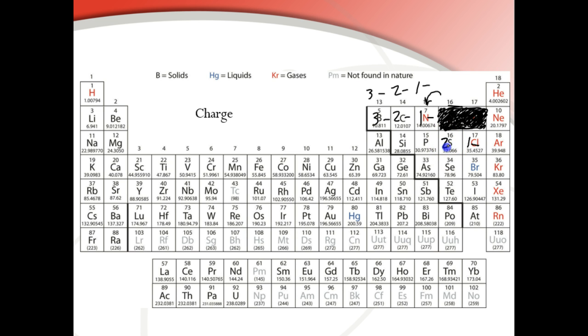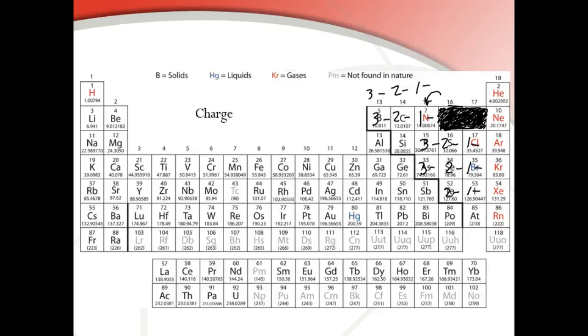Sulfate, 2-. Phosphate, 3-. Bromate, 1-, 2-, 3-. 1-, 2-. Okay, so it gives us a lot of different charges. Silicate, of course, being our kind of outlier there. So we can figure out a whole bunch of different charges and a whole bunch of numbers of oxygen,